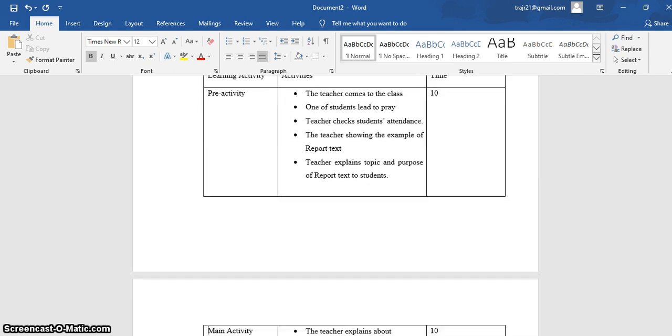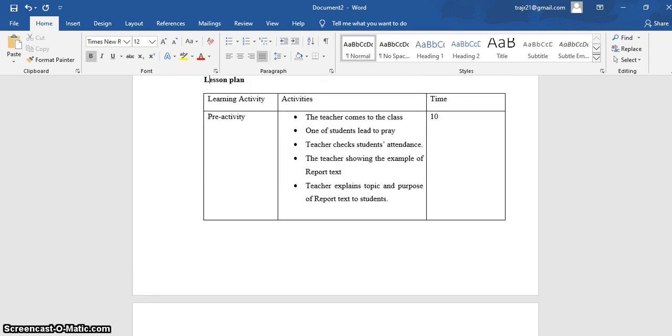And let's move to the lesson plan. There are three activities, pre-activity, main activity, and post-activity. In the pre-activity, there are five activities, like the teacher comes to the class, and one of the students leads the prayer, and then the teacher checks student attendance, the teacher shows an example of a report text in the PPT,